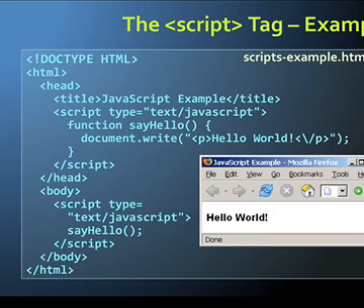Observe this script. If you want to write JavaScript, the script type is JavaScript. If you want to use VB script, the type is VB script, you just have to change that, and everything else is the same.